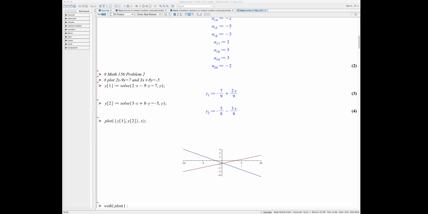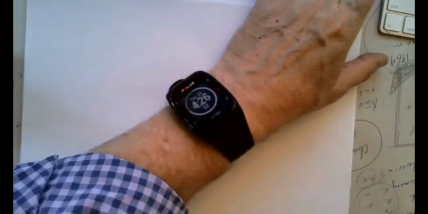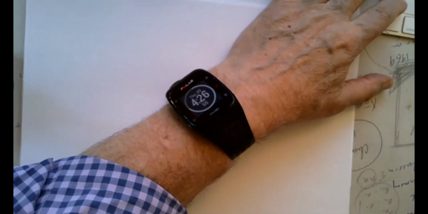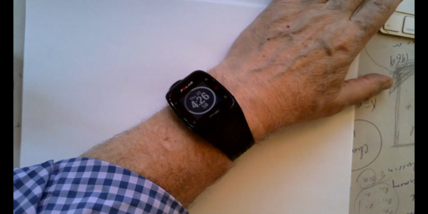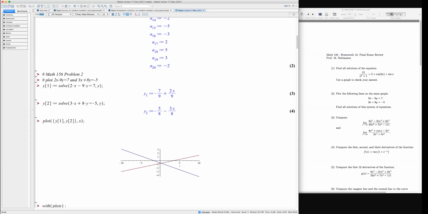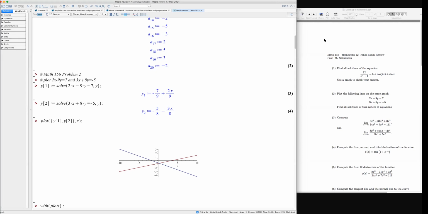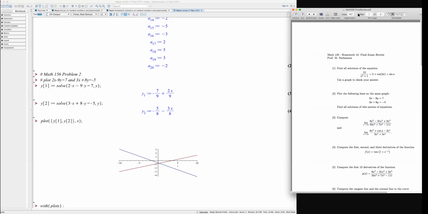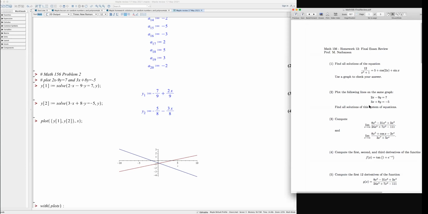Let me try to do something. Oops, that's not what I want to do. So can you see both sheets right now? Yes. Okay. So we want to plot these two lines on the same graph. So the simplest thing is to